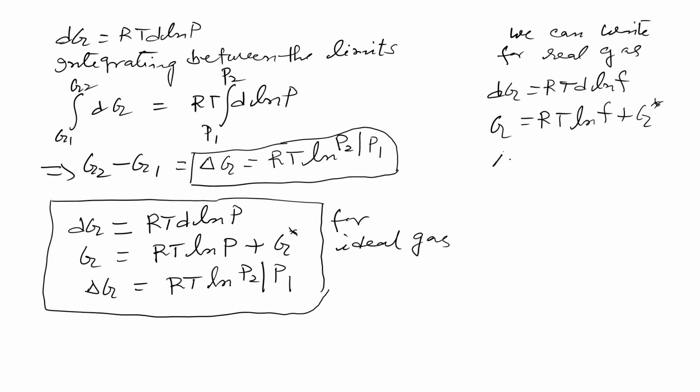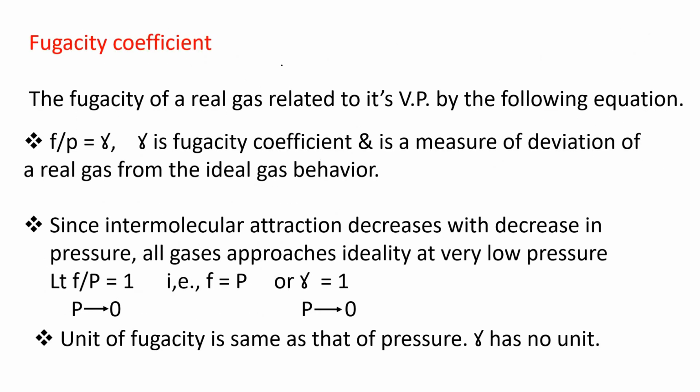Then we can write delta G equals RT ln F2 by F1. All these are for real gases. Already I have written above. Okay. The only difference is that in place of pressure P, we are writing fugacity F for real gas. Right. Now,